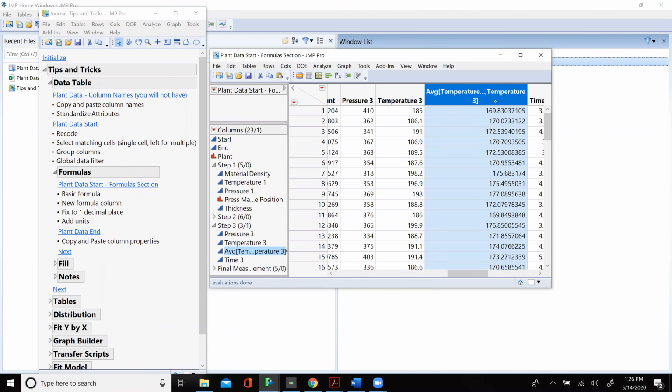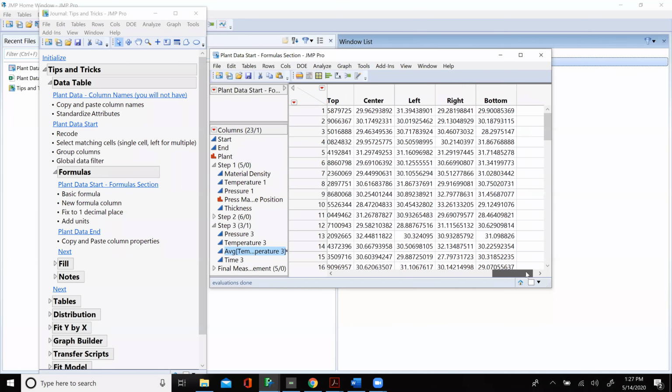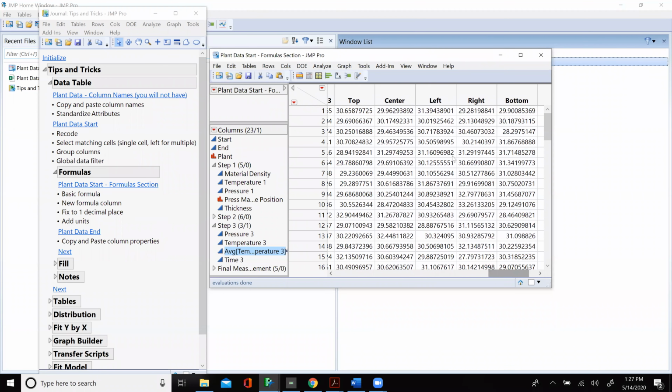All right. So I want to show you multiple ways how to do formulas. I'm going to teach you another way how to do that in Graph Builder. I want you to scroll all the way to the right, and where it says top, center, left, right, and bottom. Okay? This is what we're going to do. I've already told you standardized attributes, so we're going to use that.